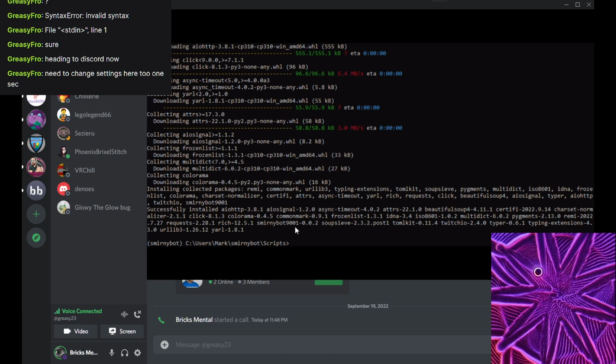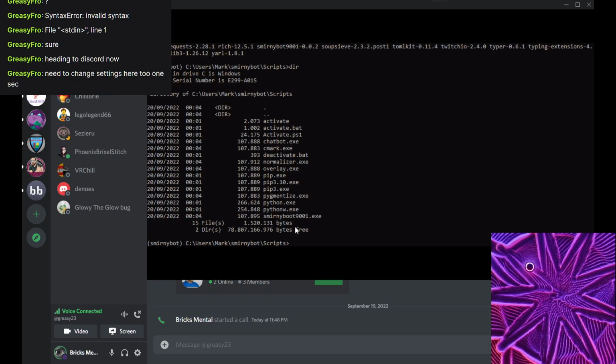So now if you do a dir in this directory, you can see that it installed three new commands: the chatbot.exe, the overlay.exe, and this smernibot9001.exe. If you call that smernibot9001 file with the help option, no, the other way around.